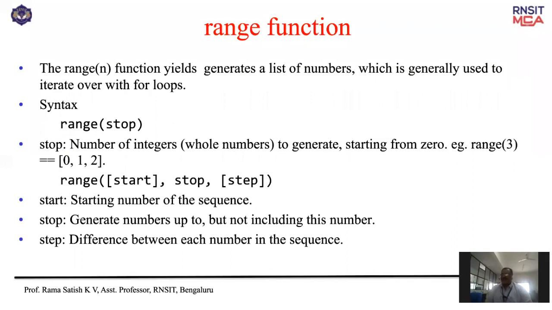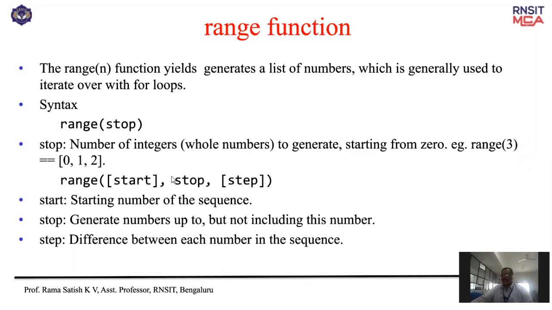Next, coming on to another way of doing looping is range function. Range is a built-in function which creates a range of numbers. Suppose I want to create a range of numbers starting from 0 up to 3. So I can give range of 3. That means 0, 1, 2, up to 3 it will go. Or you can give, I want to start from 50, I want to end at 60. Starting location 50, ending location 61.